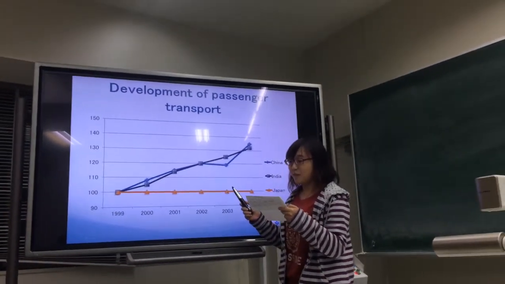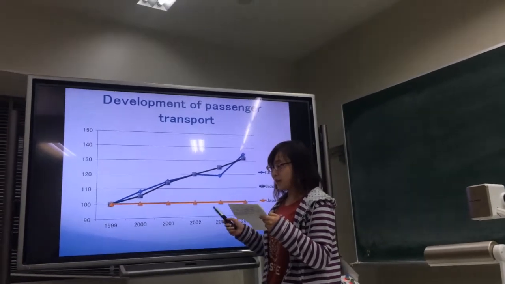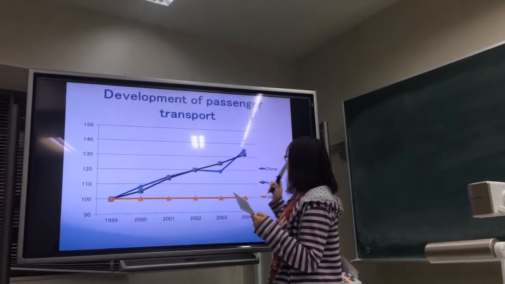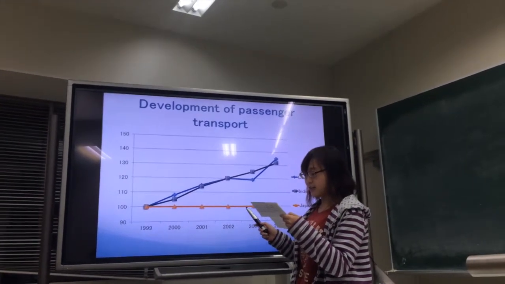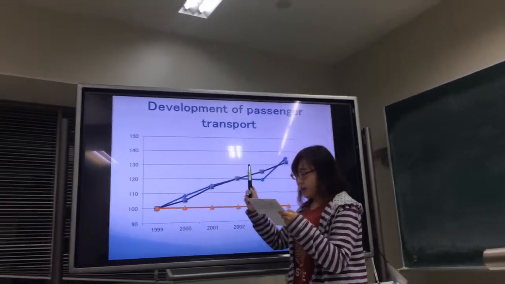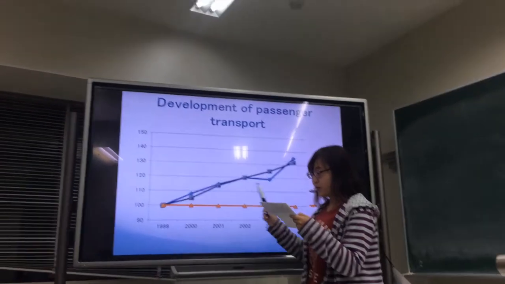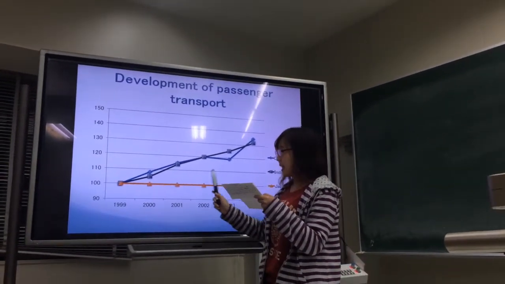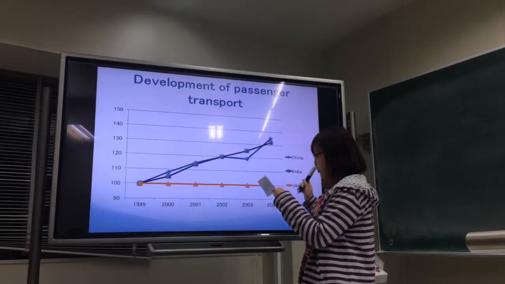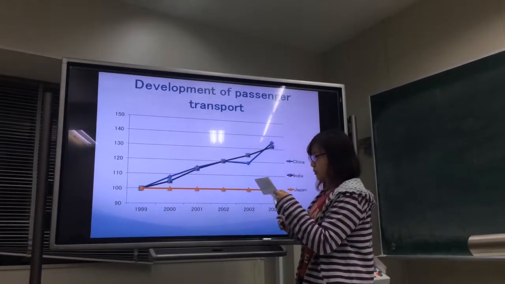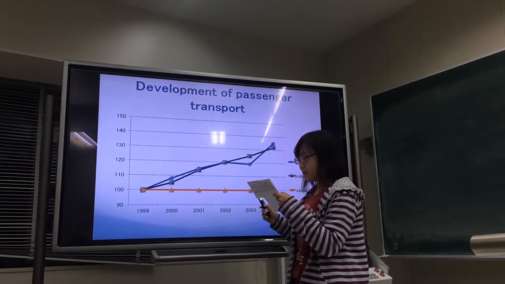This is a chart about the development of passenger transport in China, India, and Japan. As shown in the chart, China and India's railways developed more quickly than Japan's, and from 1999 to 2004, also the years in which the economies of India and China